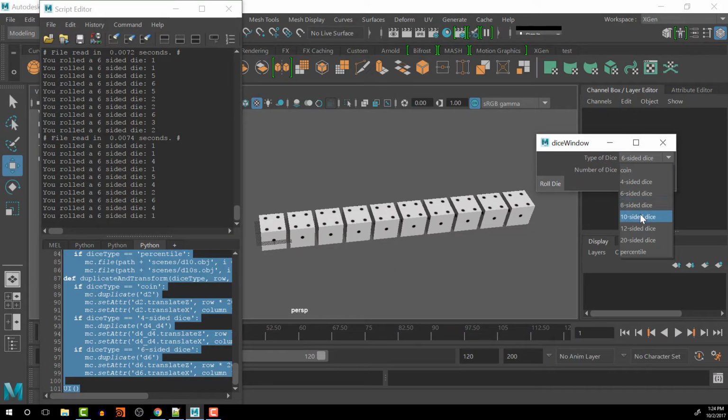I still have the 8-sided, 10-sided, 12-sided, 20-sided, and percentile that I need to adjust. But I'll do that after I stop recording this video, and in the next video I'll have all of these done, and we'll review what was going on there and continue on with this, getting it rotating correctly